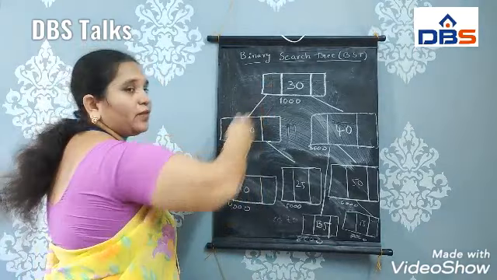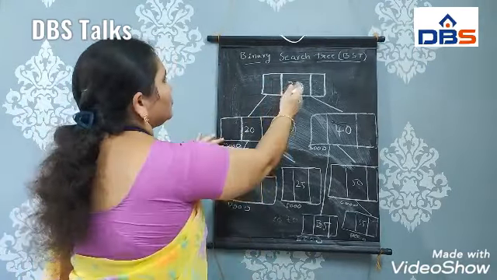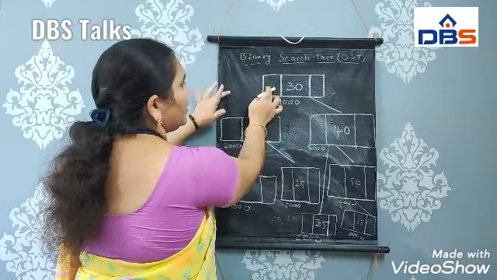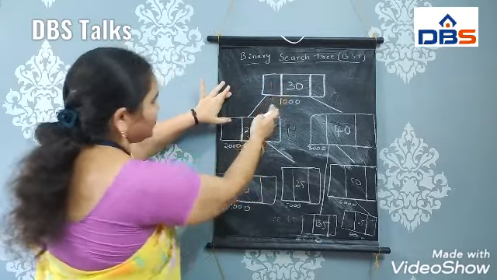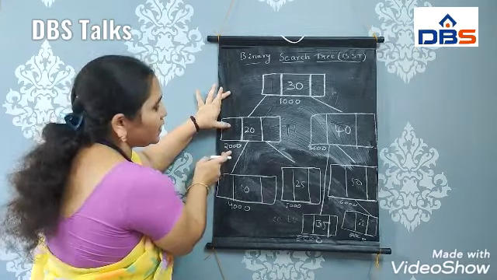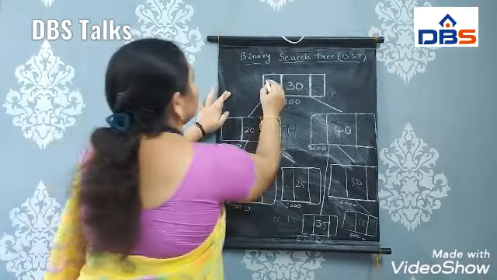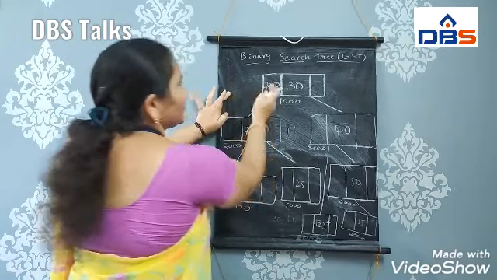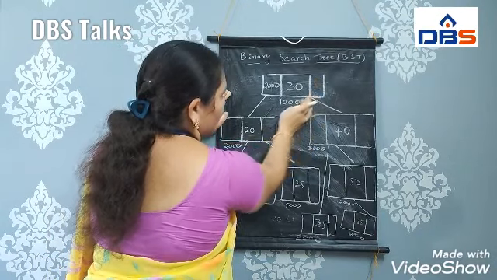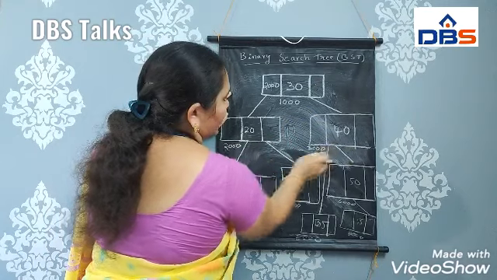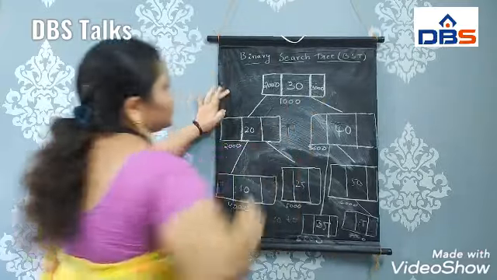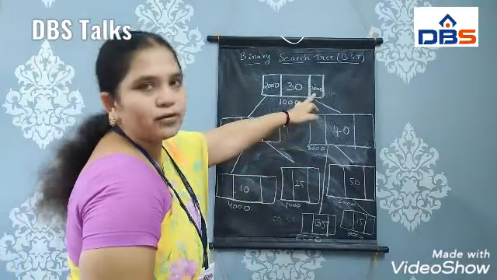Now, according to our previous node structure explanation, the root node has a left child and a right child. The data is 30. What is the left child of the root node? This is the left child of the root node. So what is the address of the left child? 2000. The 2000 will be stored in the left field. Here we have the address of the right child. What is the right child? Data 40. So what is the address of this node? 3000. The 3000 will be stored here.